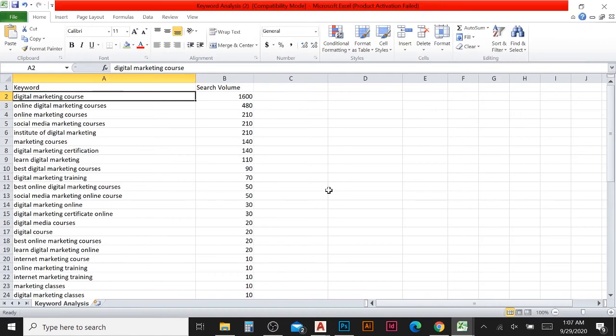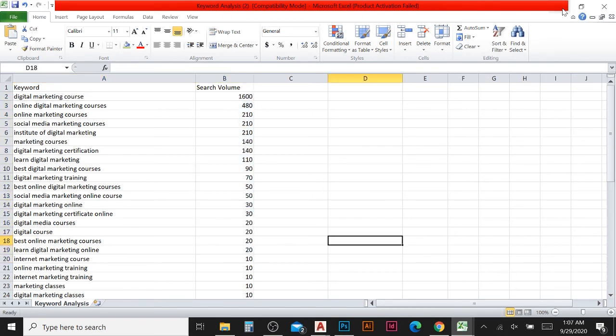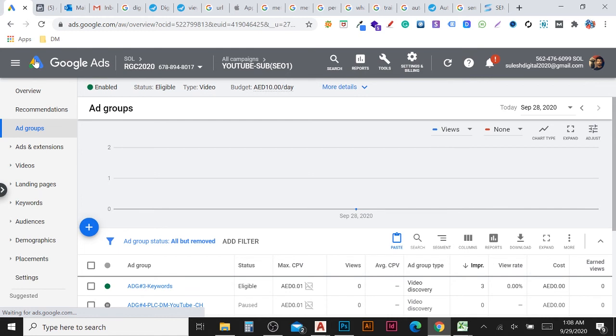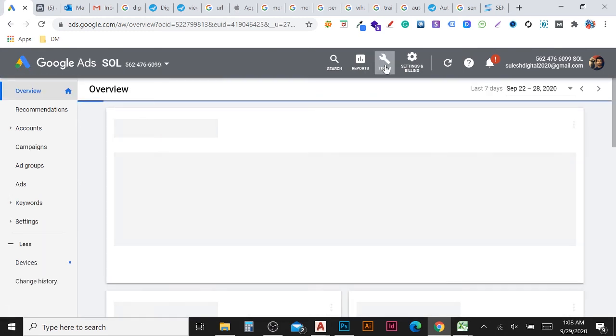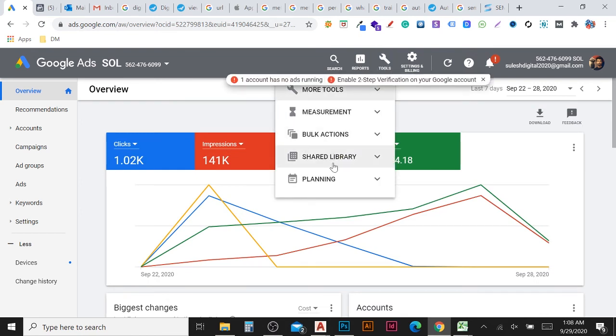And I just want to show something, that why I gave this tool, because I already checked if it's accurate or not. This accurate number they are giving is a very good tool. How I know that? I will show here. I will go to Google Ads. This is the Google advertisement platform from Google. In Google there is already a tool for keyword researching. Under the Google Ads, I'm going to open the keyword planner.